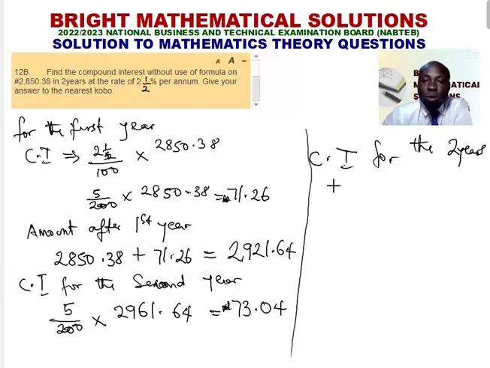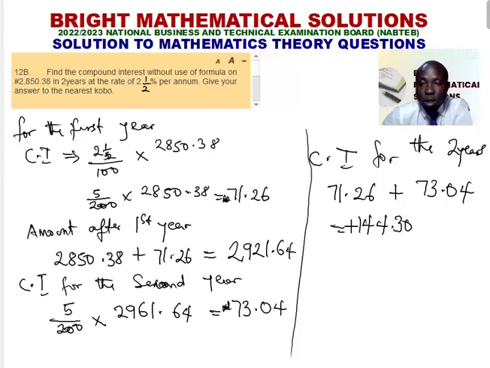So that will become 71.26 plus 73.04, and that gives us 144.30. That is 144 naira 30 kobo. But the question says to the nearest